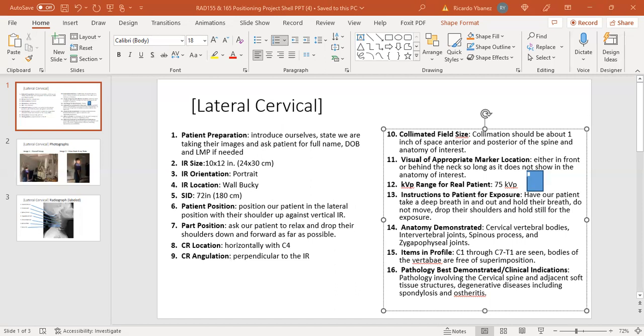Our central ray location will be horizontally with C4. Our central ray angulation will be perpendicular to the image receptor. Our collimation for this image should be approximately 1 inch of space anterior and posterior of the cervical spine and